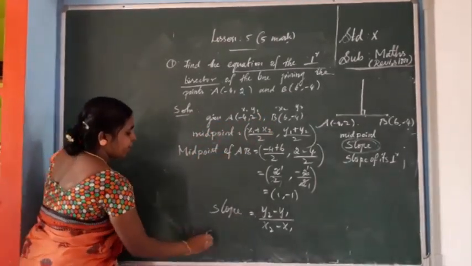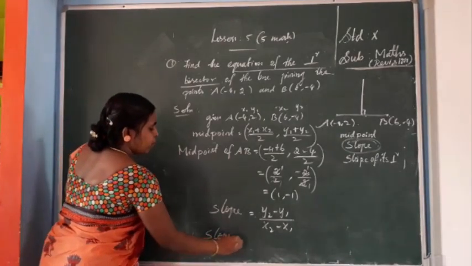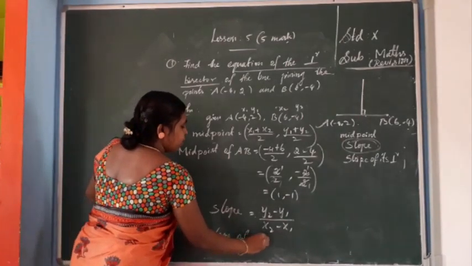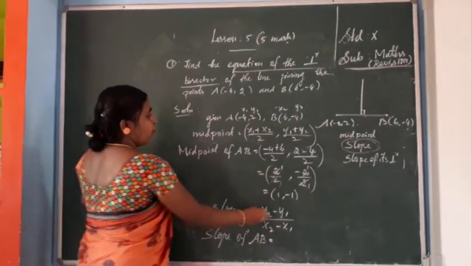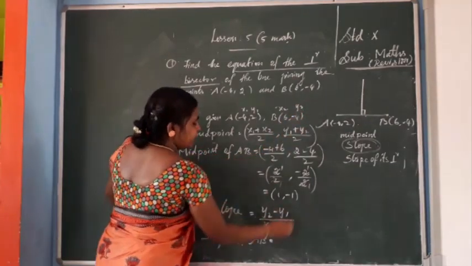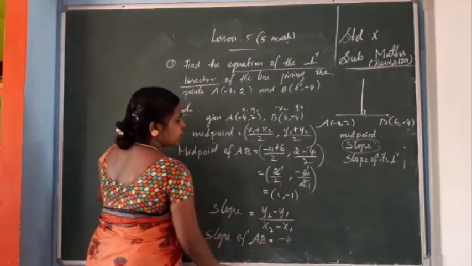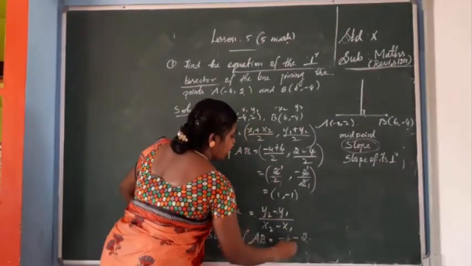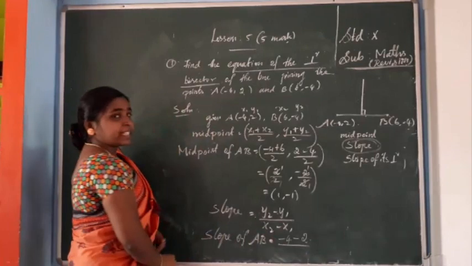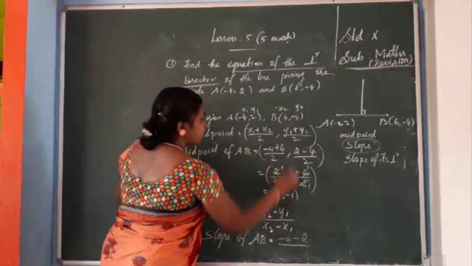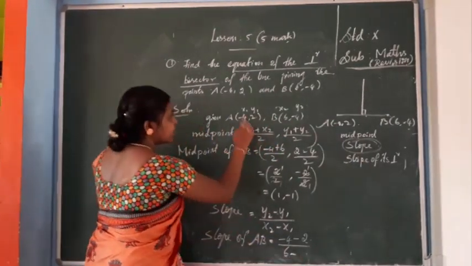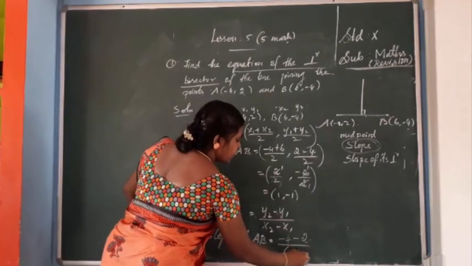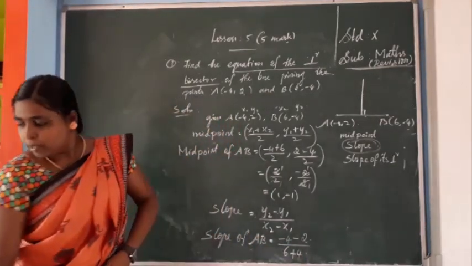So slope of AB equal to, okay, substitute here. y2 minus y1. Here y2 is minus 4. So minus 4 minus y1, which is 2. Okay, minus 4 minus 2 divided by x2 minus x1. So 6 minus x1 is minus 4. So minus into minus is plus. Okay. So next